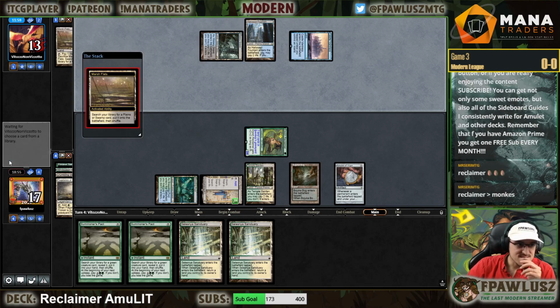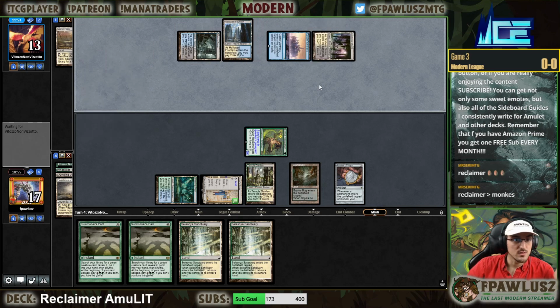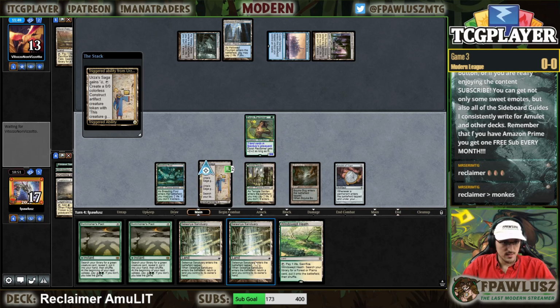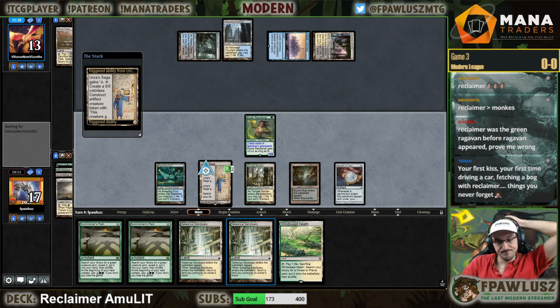So... Oh, please tap out, yes. Please tap out. Oh, sweet. Well, that means that I don't have to play around counterspell, so thank you for sharing. Thanks for sharing, opponent. We still have Vesuva, so...